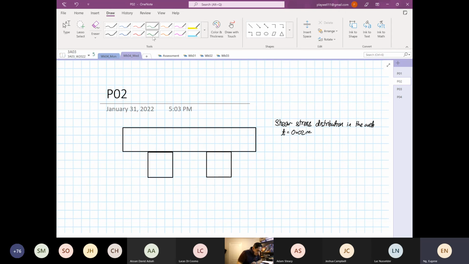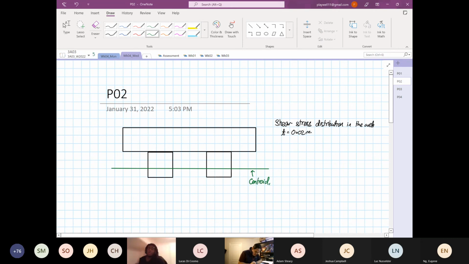Let me draw our centroid first. So this is our centroid. Now we are interested in the web section. And in the web section, we have a different limit of this equation. So the limit of